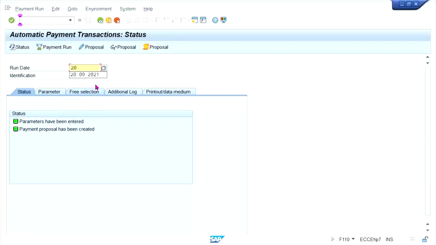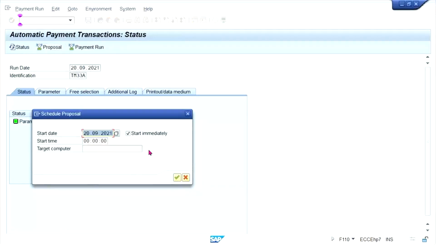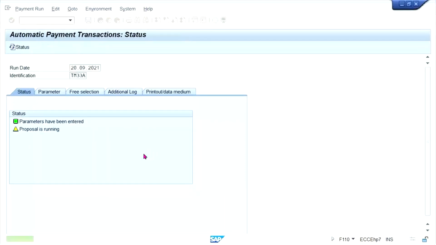Now on the 28th, let's suppose somebody came, and again the payment is supposed to be run right today, the 28th, because yesterday it was cancelled. So let's suppose on the 28th we are going to run the proposal here. So you'll be getting one more error. Look at here,